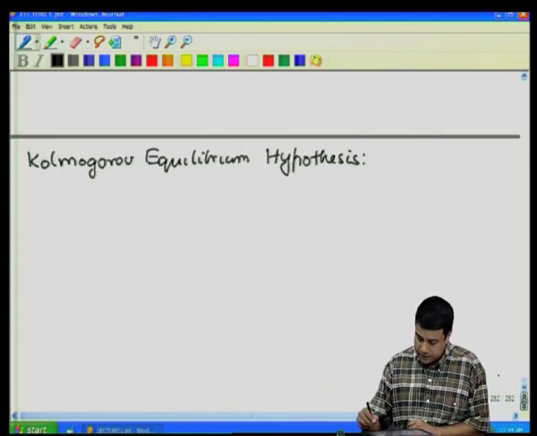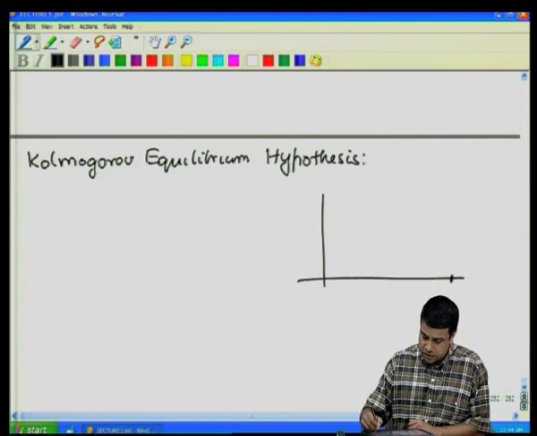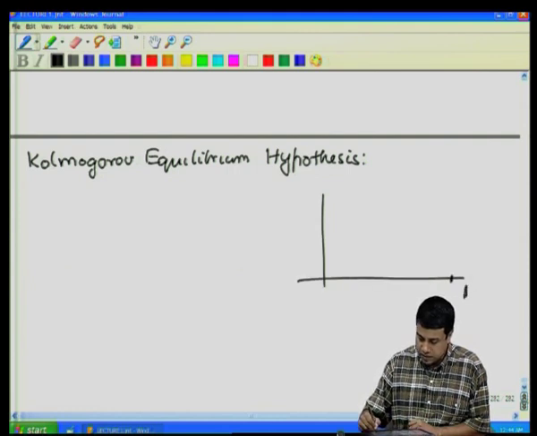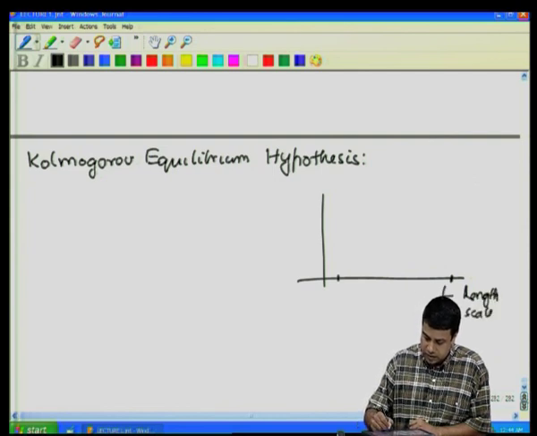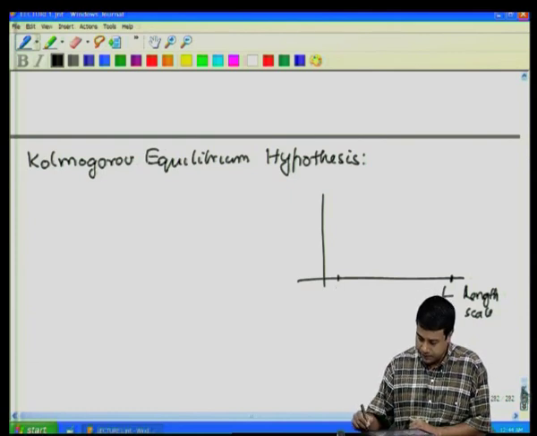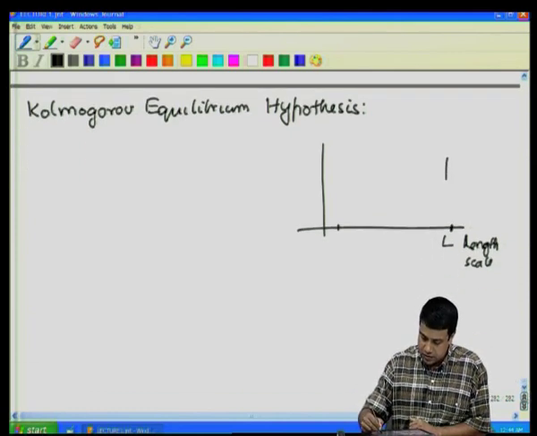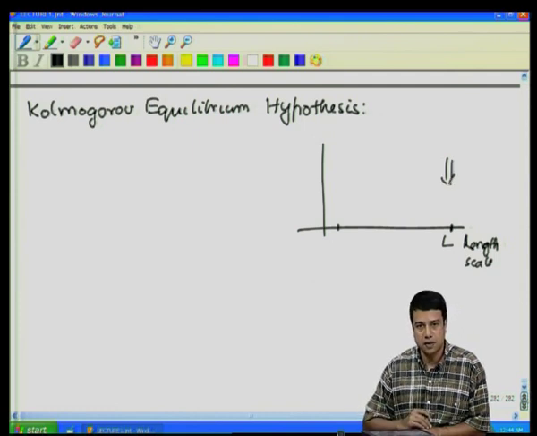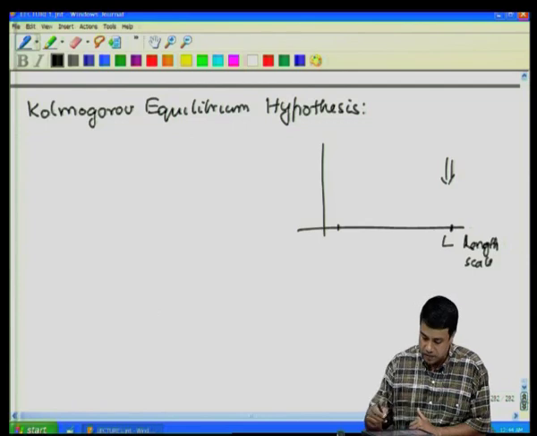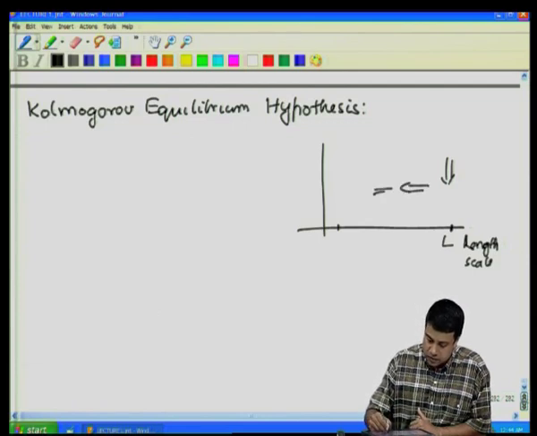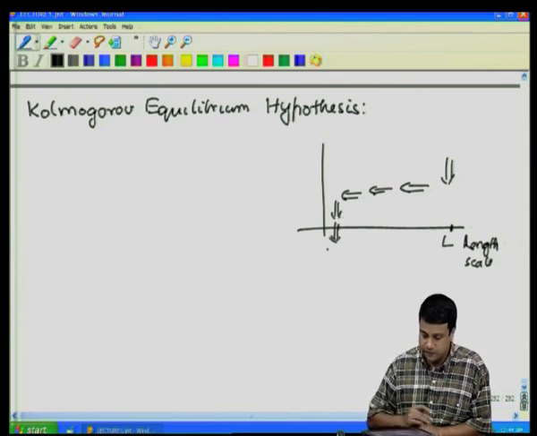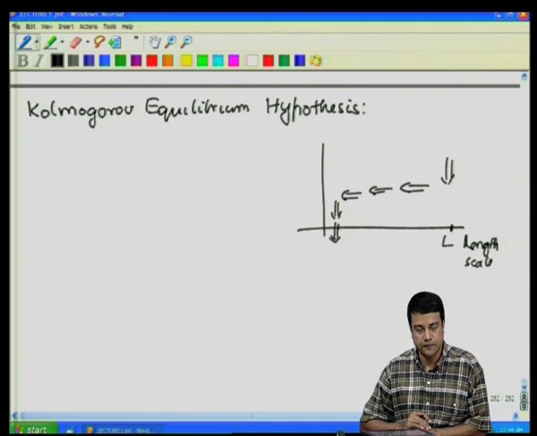So, the idea is that there is a large scale of flow, let us call this the length scale. There is a large flow scale L and there is some small scale. There is energy that is put into the turbulent flow at this large scale. Of course, the Reynolds number based upon this large scale is large, therefore, there can be no dissipation at this scale, or the dissipation at this scale is very small. However, the energy goes through a series of length scales until it is dissipated at a small scale.